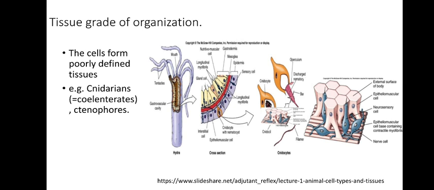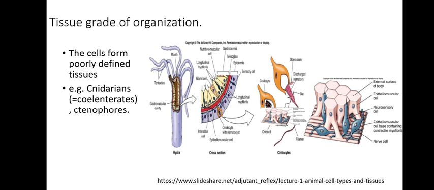And this kind of aggregate of cells, that has a distribution of work or similar work and similar structure, is seen for the first time in case of coelenterates or cnidarians. And this grade of organization of the body is called the tissue grade of organization. Not all the cells show tissue formation in case of Coelenterata. It is best studied in case of nerve net. Nerve net is a simple form of nervous system that is developed for the first time again in Coelenterata, and here these nerve cells coordinate with each other.